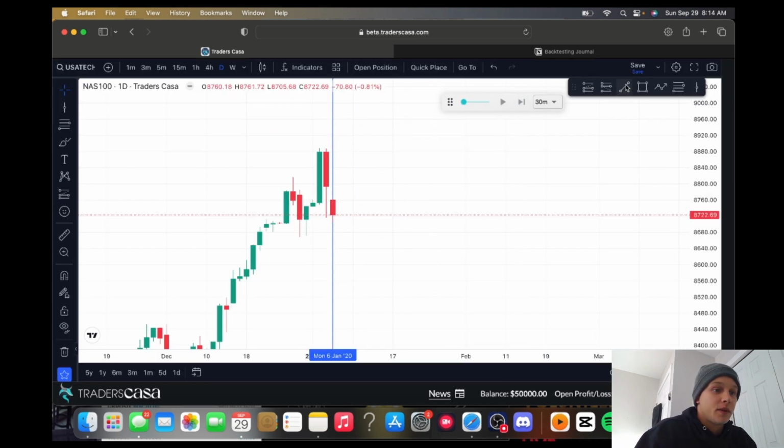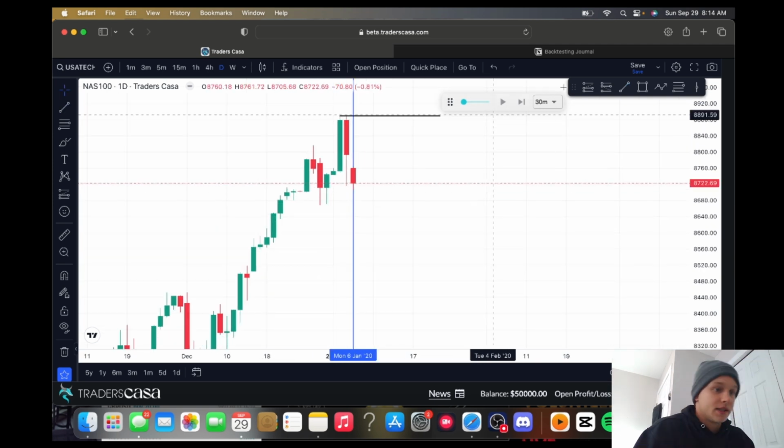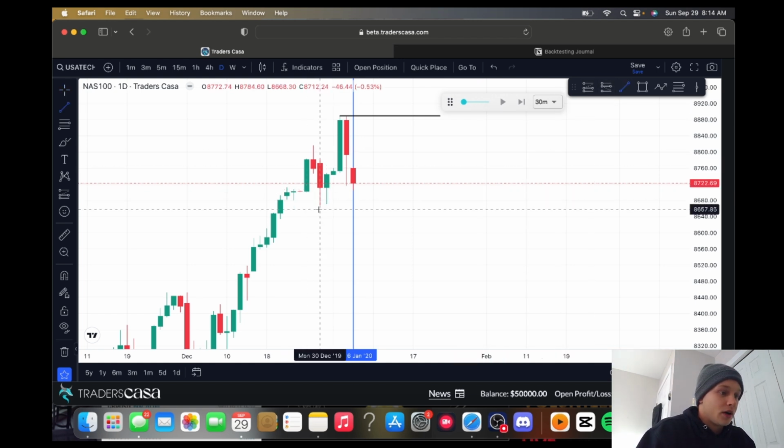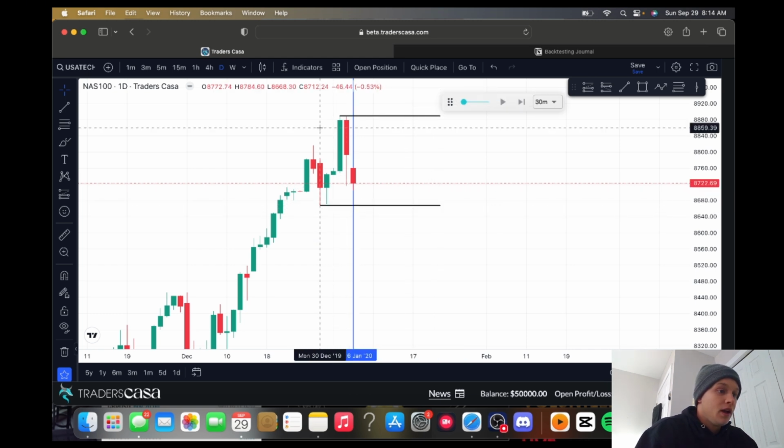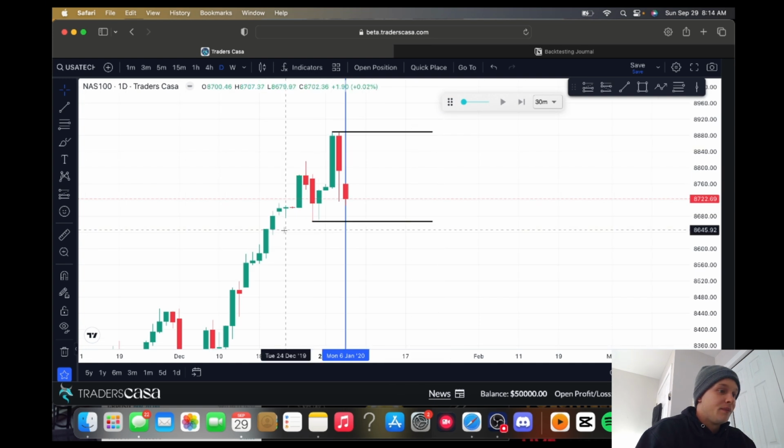First things first, what I'm noticing on the daily time frame is we have these relative equal highs here. So I'm going to mark those relative equal highs out. Will they be hit? I don't know. We are looking more bearish. There are relative equal lows down below. They're fairly equal, but not quite. But these I definitely want to see taken out at some point. We are bullish. You can see we're respecting this bullish fair value gap. So we are a bit more bullish on the daily.